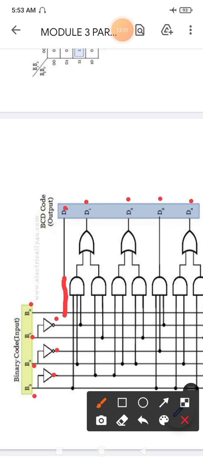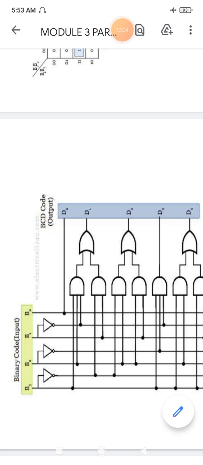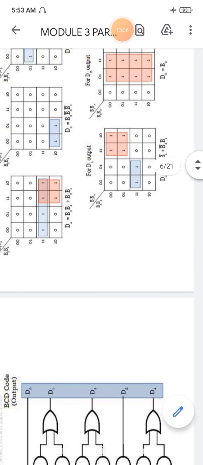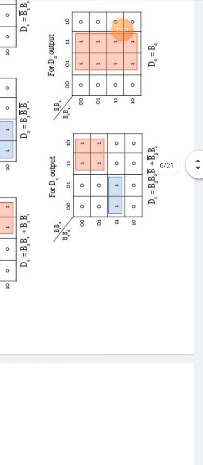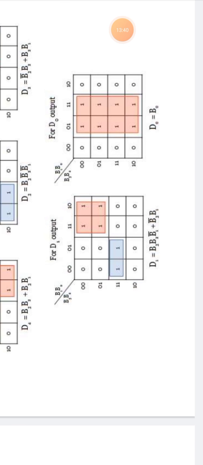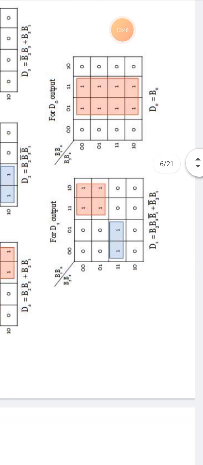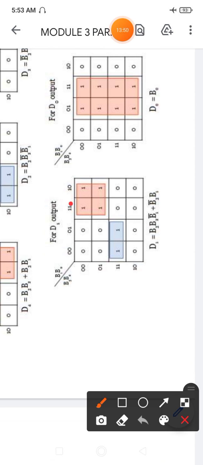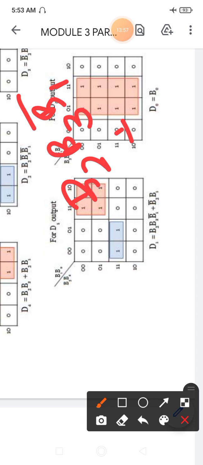D1 is equal to, we just see here what is D1. So D1 is equal to B3 B2 B1 complement plus B3 complement B1. So here plus will be there, see here this plus will be there. That is B3 B2 B1 complement plus B3 complement B1.